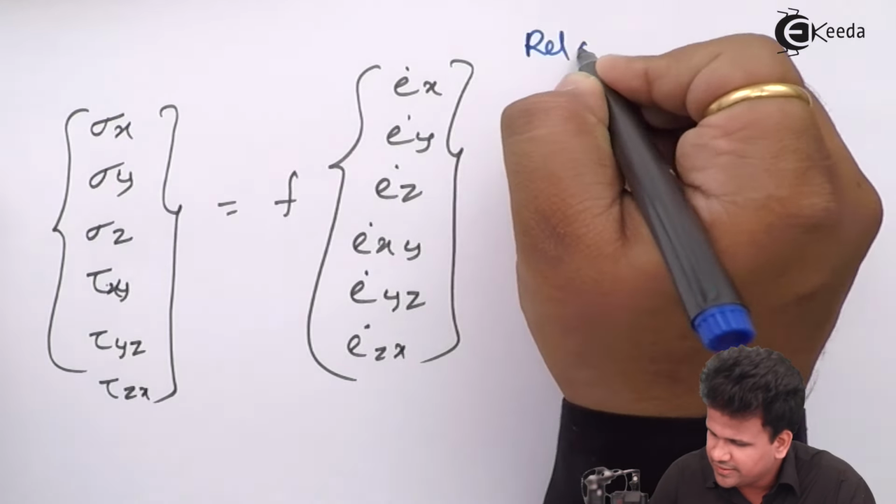The solution of this differential equation is not in the scope of our syllabus, but we have to use these equations and substitute them in the individual terms. So now we have got the value of sigma x. Let us quickly write down the value of sigma x, that is minus p plus 2 mu into dou u by dou x minus 2/3 of mu into dou u by dou x plus dou v by dou y plus dou w by dou z. Along with that,